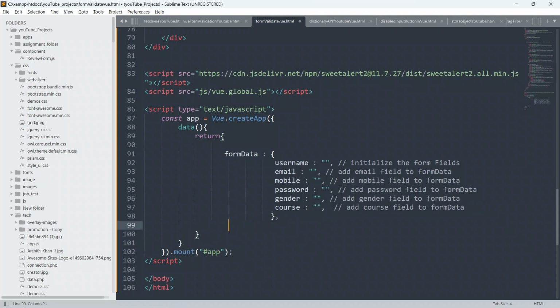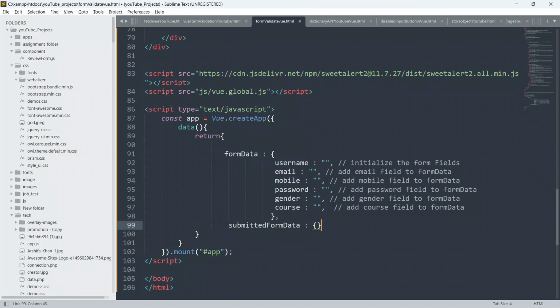Submitted form data, and create an empty array.